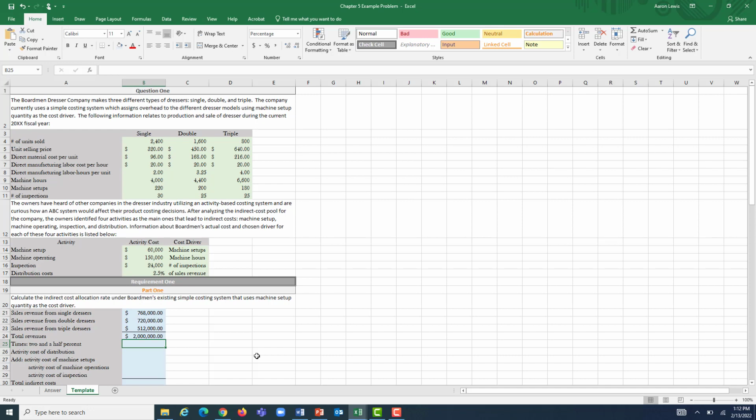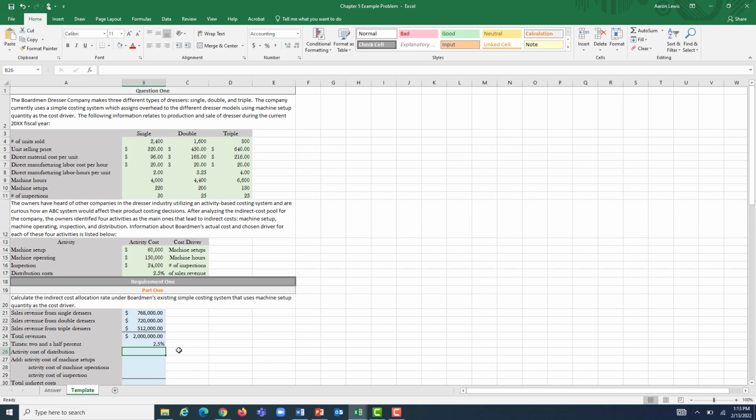They have to pay to ship these afterwards, and that's variable. The more units that they sell, the more they have to pay in distribution costs. So they smartly decided to use a percent of sales revenue as their driver for that activity, and that is 2.5%. So right here, I'm just going to put in